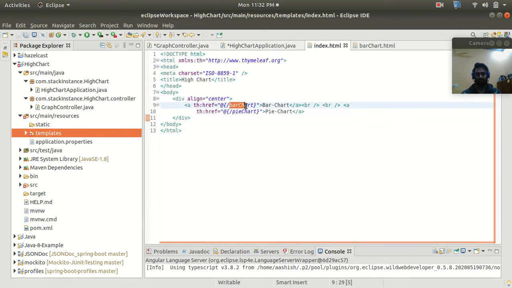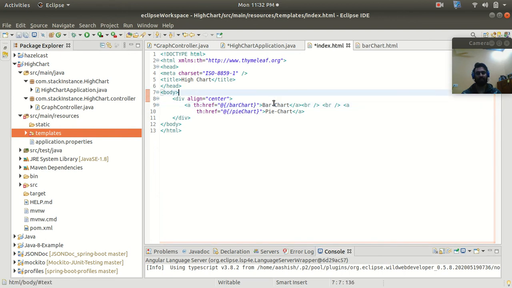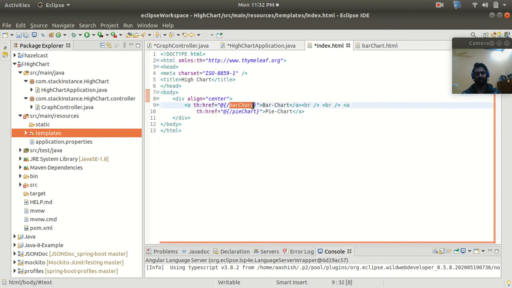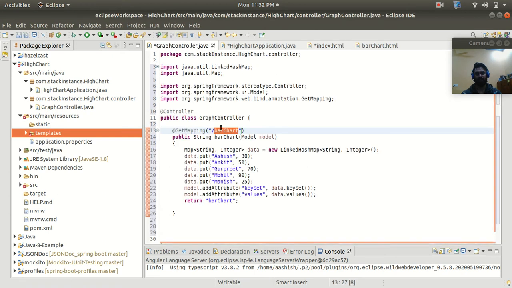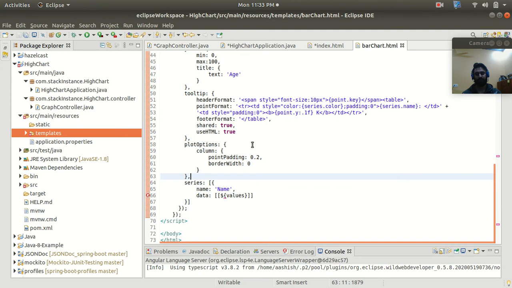So let's say that if I click the bar chart title in the index.html, then it should redirect to bar chart, and in the controller it will find the endpoint here, and it will match with the URL here, and it will call this endpoint, and then it will store all the data, and then it will add to this model, and then it will return the bar chart. So after this the bar chart HTML will be rendered, and there you can see that we are using it for creating the bar chart here, right?